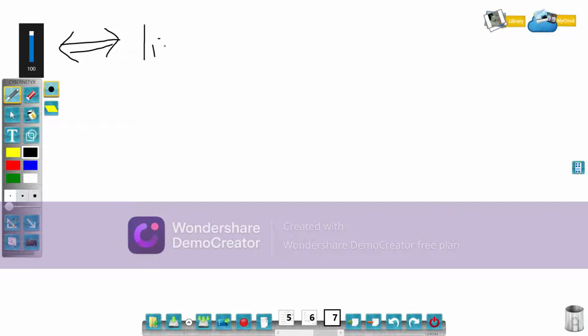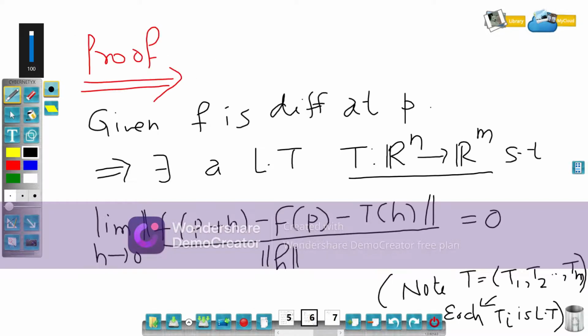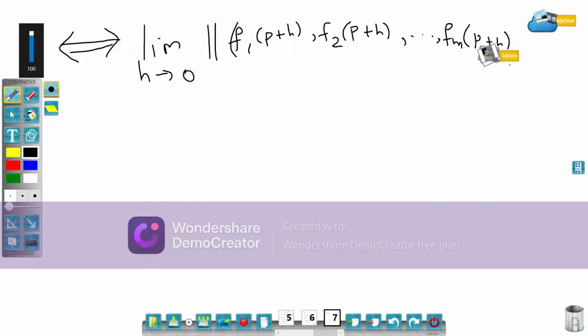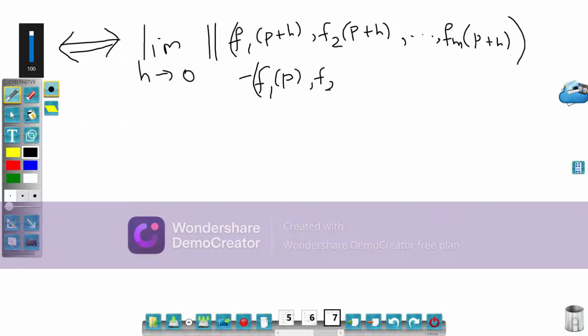So the limit as h goes to 0 of the norm of the vector (f1(p+h), f2(p+h), ..., fm(p+h)) minus f of p, which is (f1(p), f2(p), ..., fm(p)),